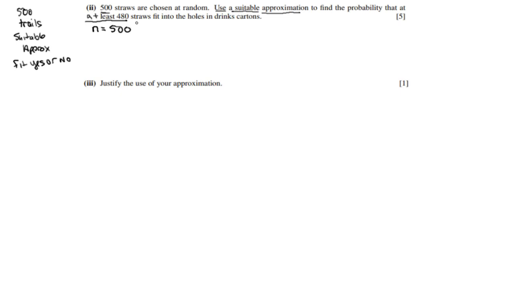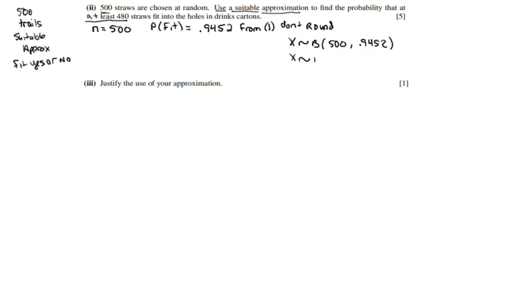So let's go ahead and put our information together. We got 500 trials. All right, so probability that it fits, well, we just figured that out in part 1. It's 0.9452. That's the probability it fits. That's why they had us figure it out. So make sure you don't use the rounded figure. But now I've got a probability of a success. And obviously I can figure out what the probability of a failure is going to be. So let's write our binomial distribution. We got 500 trials. Probability of success is